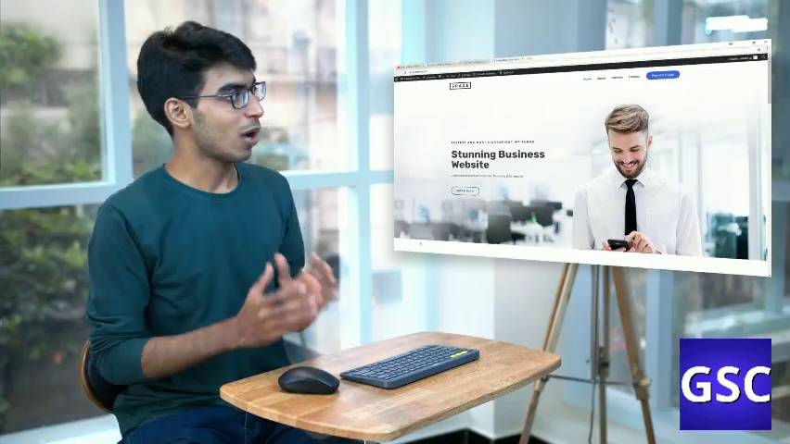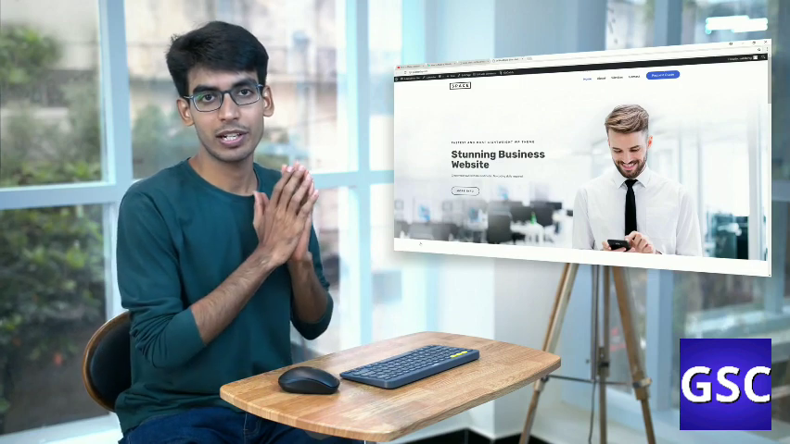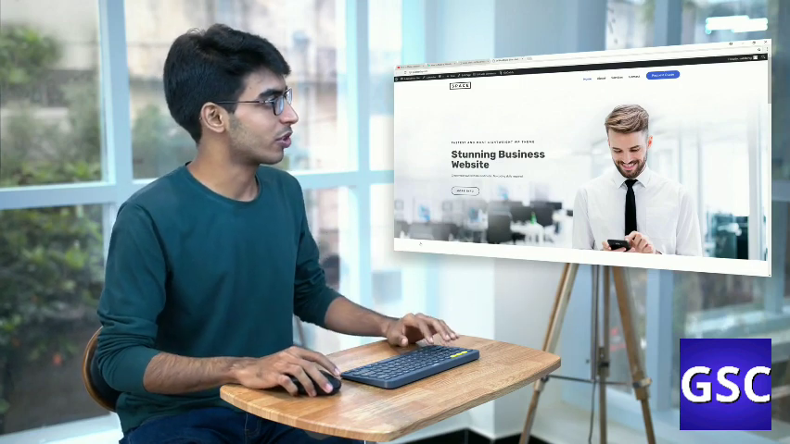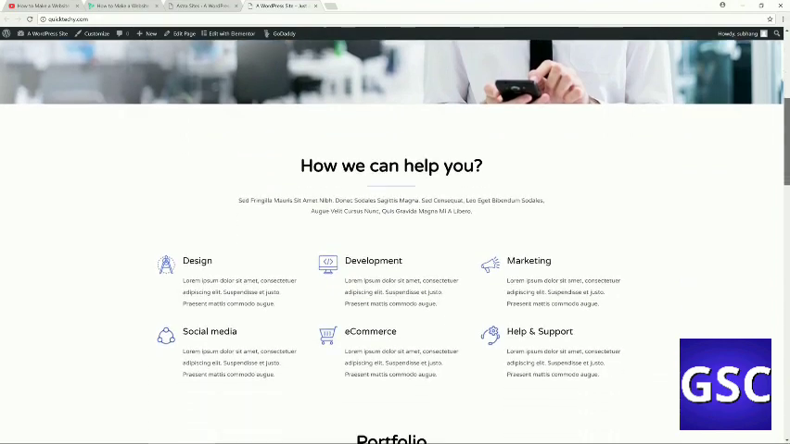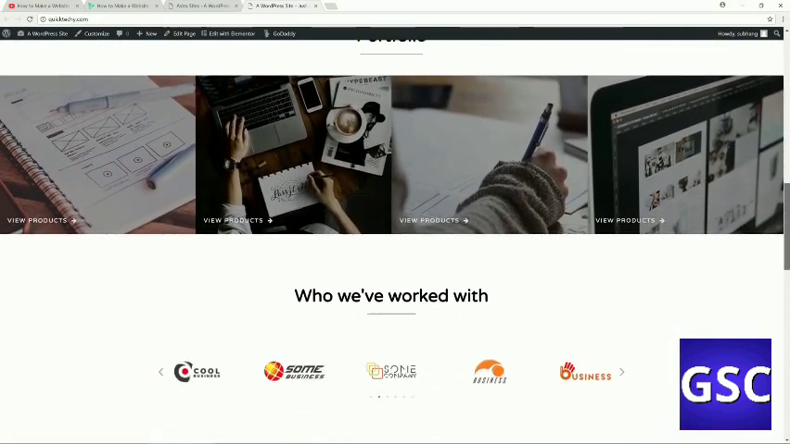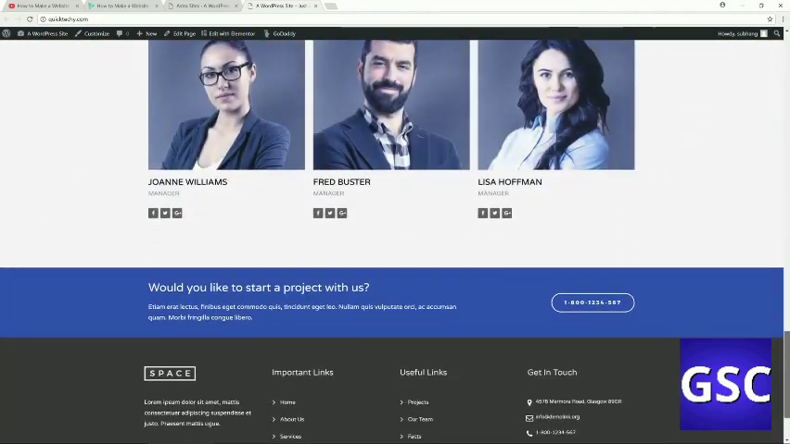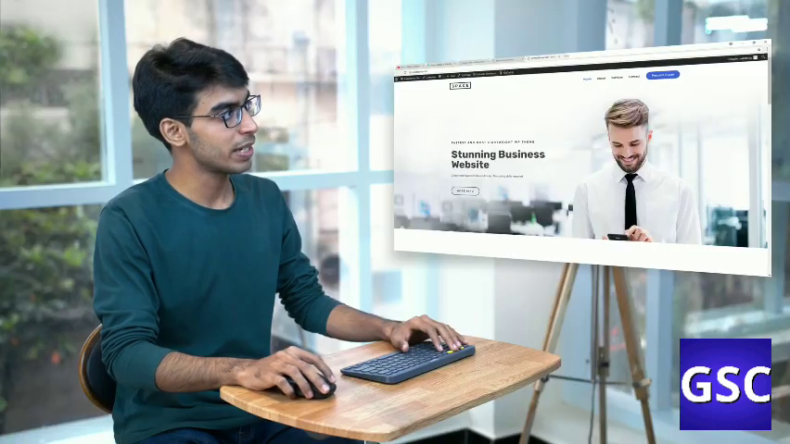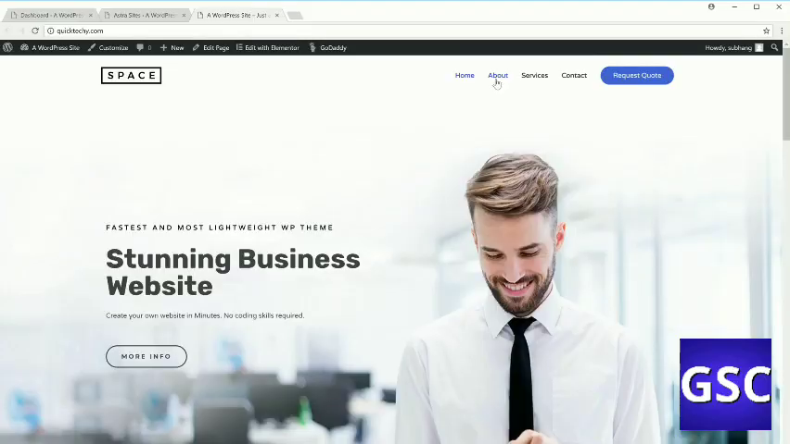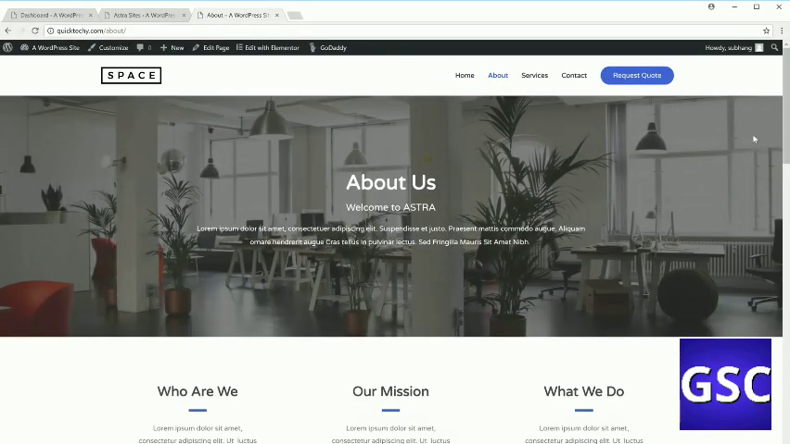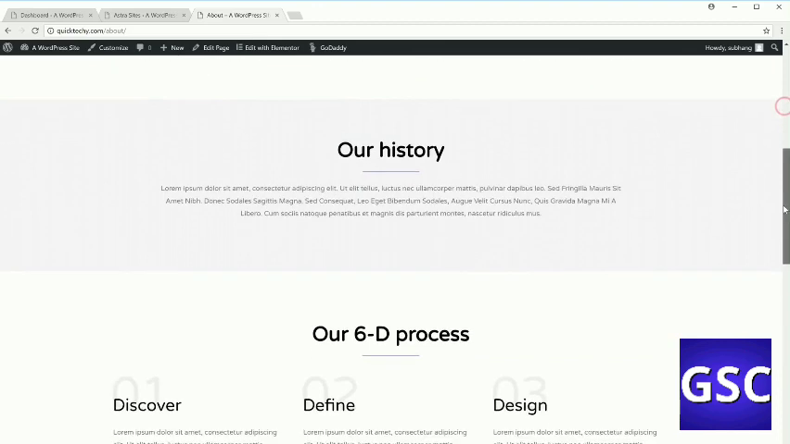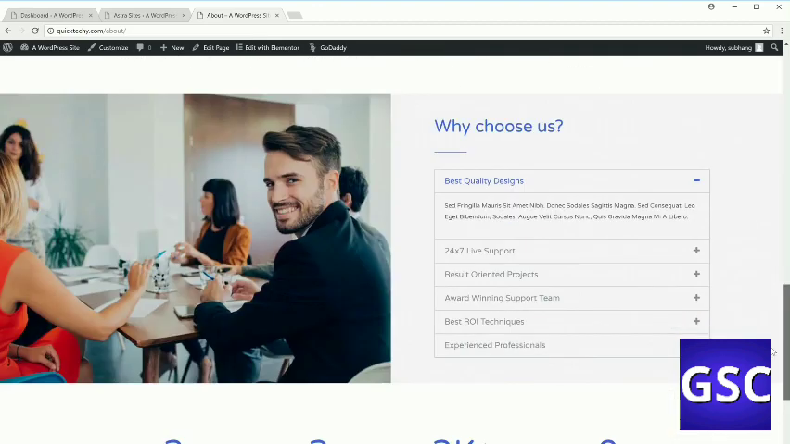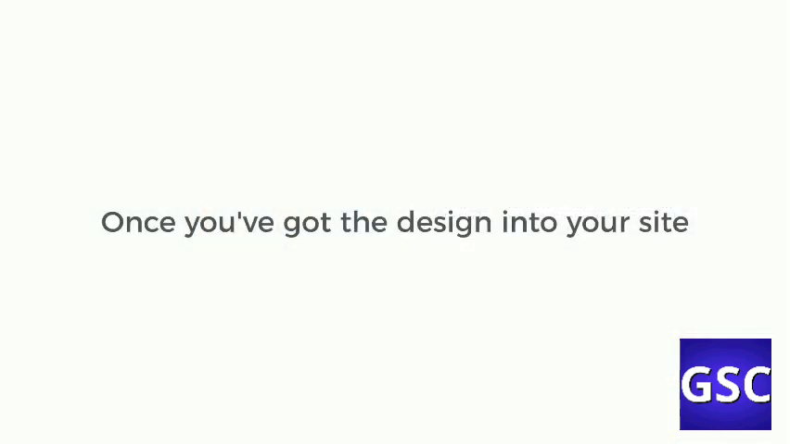Okay. So as you can see, the demo has been imported into our website. And this is how it looks. And you can also see these other pages which also have the demo content. So, once you've got the design into your site, you can now go to the final step, which is to